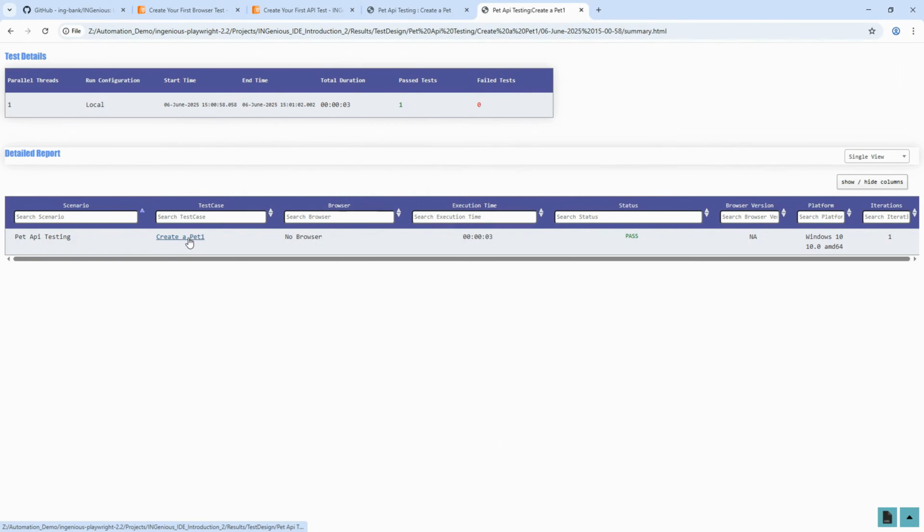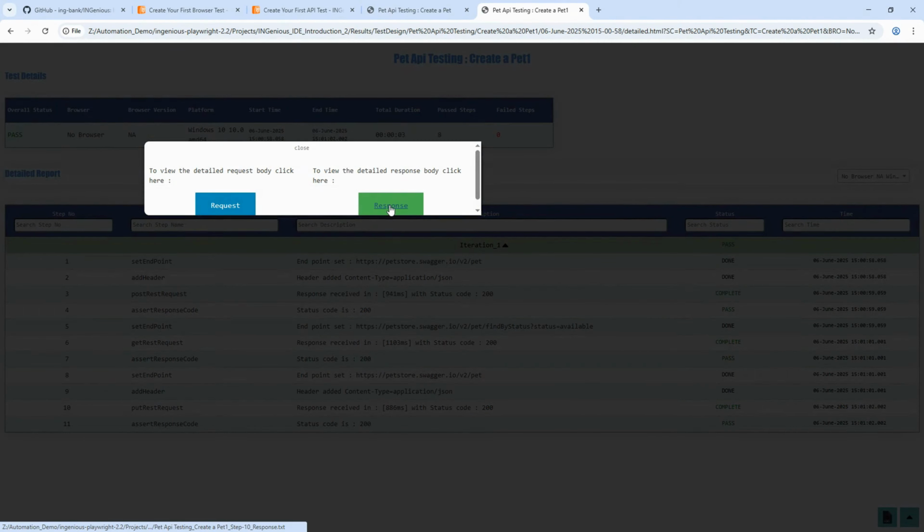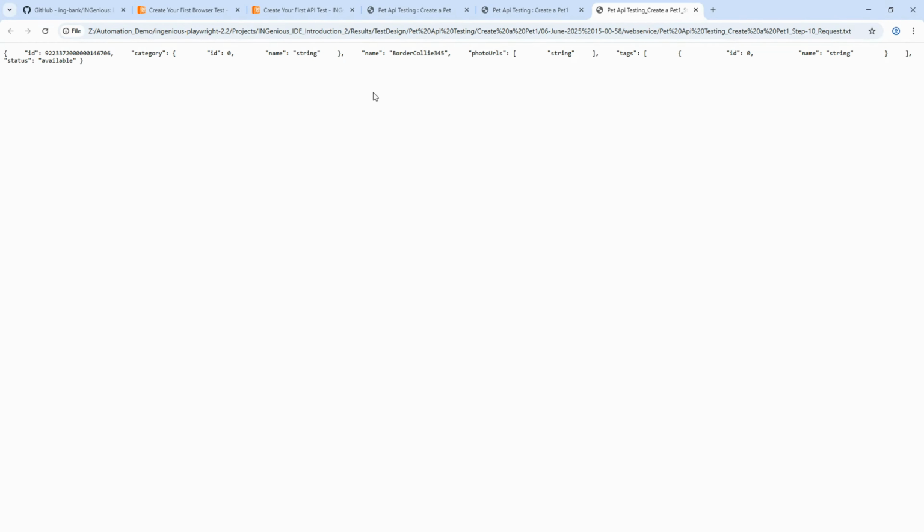It's a create a pet, because this is my other collection. I have created a set of requests. The first one was a post request. The next one is your get request. The third one was your put request. Okay, so let's have a look at the put request, and let's have a look at the request first,